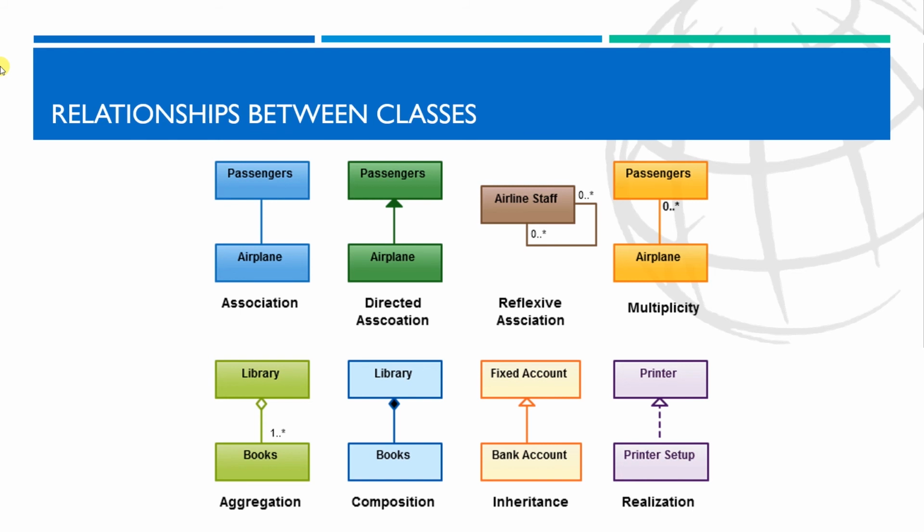If, for example, the maintenance crew member is managed by the aviation engineer, there could be a managed by relationship between two instances of the same class. In this class, the airline staff is related to